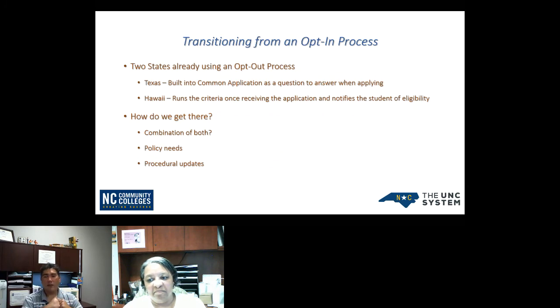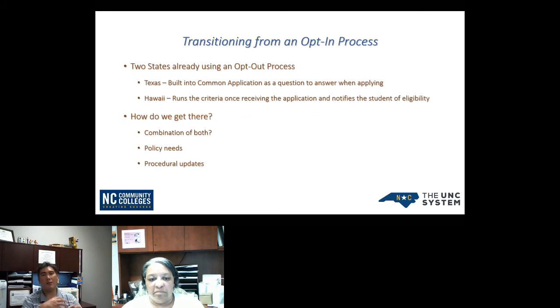So that's what brings us into one of the things that we're working with IHEP to hopefully get us to figure out this process and how it will look. So we also met with a couple of system offices to discuss how they put this opt-out process in place. Texas has a common application that's used by everyone outside the state and within Texas. And through that, they actually added it in there. So it would be like us adding an additional question on the CFNC application. Whereas Hawaii runs this series of reports,